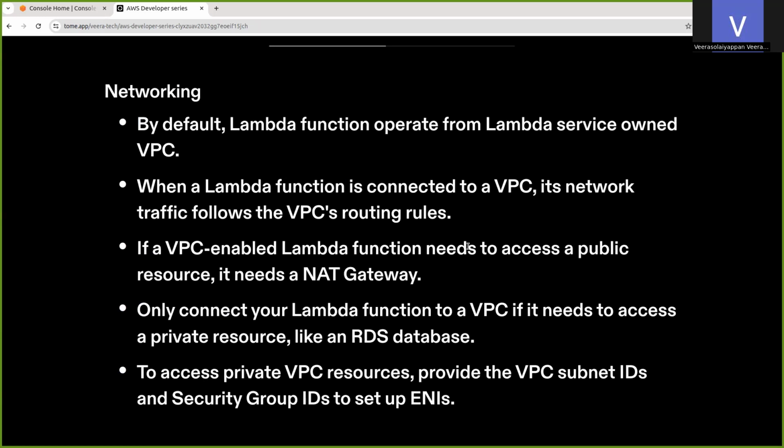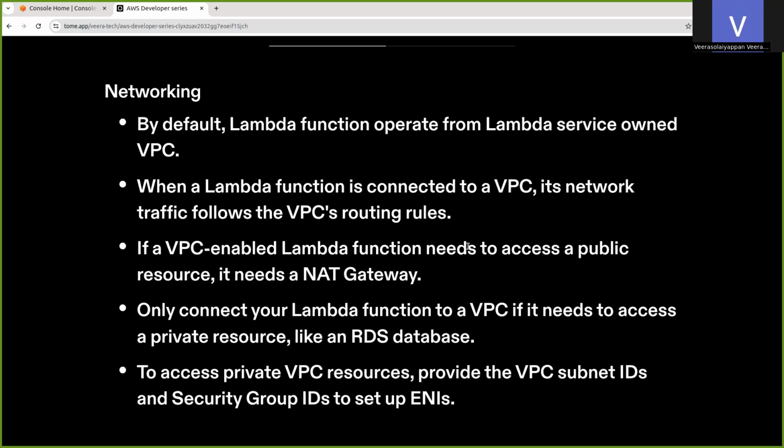You have to configure it, and then you have to configure the security group of your other resources. You have to specify which resource is going to access it, the particular Lambda function, which resource is going to access that security group. Also, you have to change it, and if your private Lambda should access some public resource, some internet access, if it needs, you have to enable the NAT gateway. You have to do it.